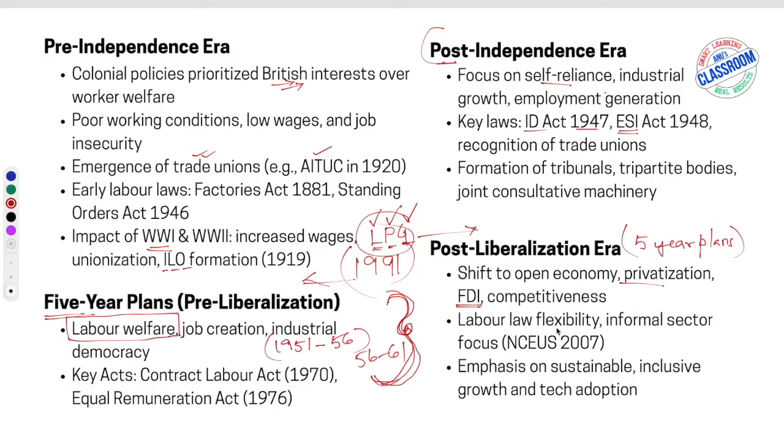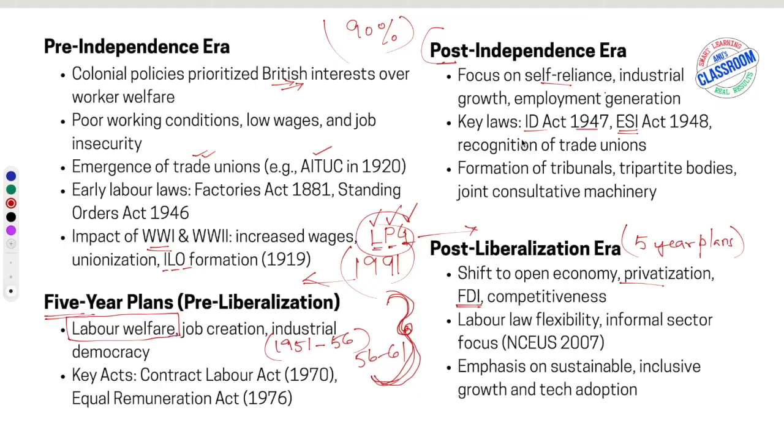Okay, and there was a growing concern about the unorganized sector at that time because labor laws began to change. They were trying to balance worker protection with business needs. So, naturally, concerns started arising in the unorganized sector. And the unorganized sector is where more than 90% of India's working population is still working. At that time also it was like that. Now also it is like that. And in this unorganized sector, workers did not have any kind of job security or social benefits.